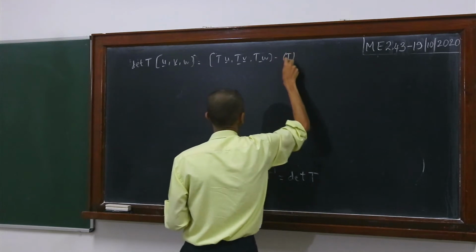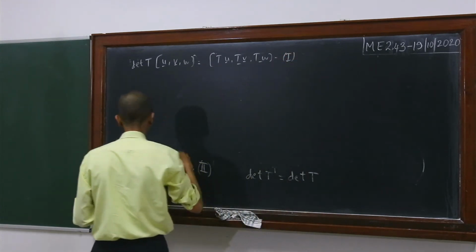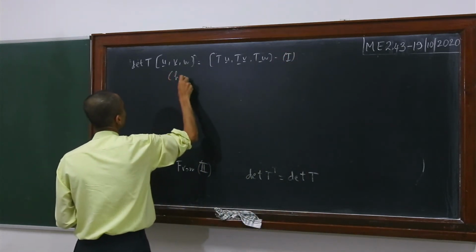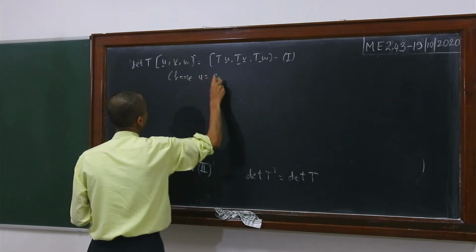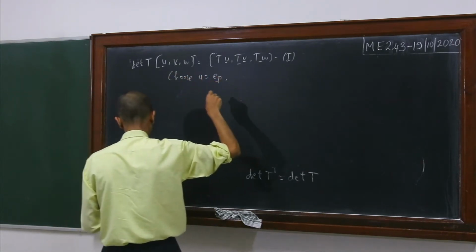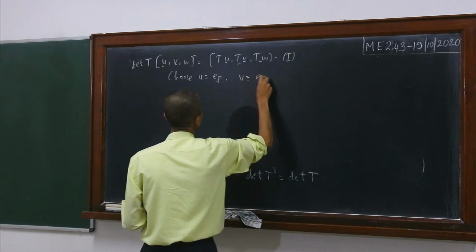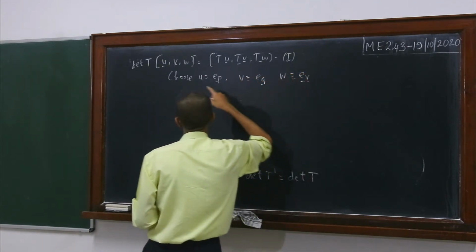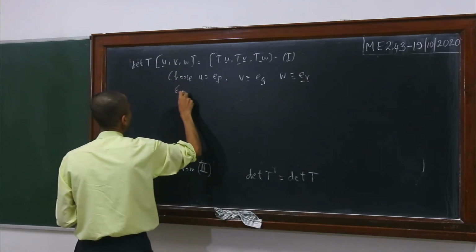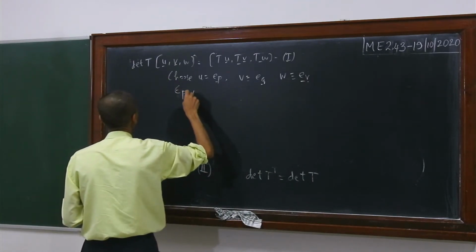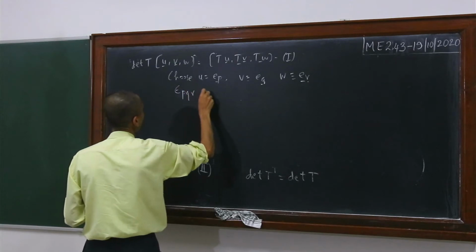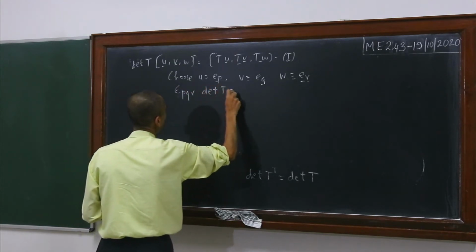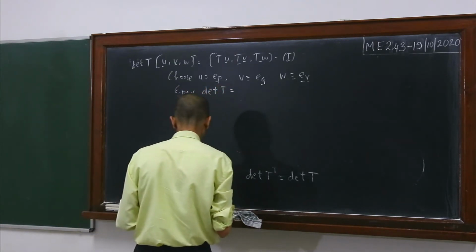Now in this, if you choose U to be e_p, then V to be e_q, and W to be e_r, then in that case what you will get is epsilon PQR times determinant of T